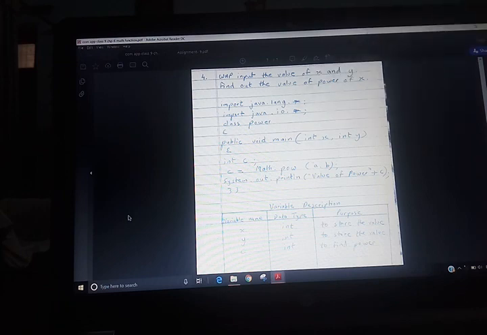So the variable description is the same. 3 are there: x, y, c. Data type is integer and purpose is to store the value. Y is to store the value and c is to find the power. Clear? So these two questions you will write from the next video. Again I will give you two questions and you have to write all the assignments in your assignment notebook. Okay.